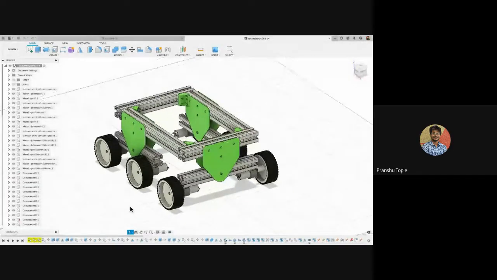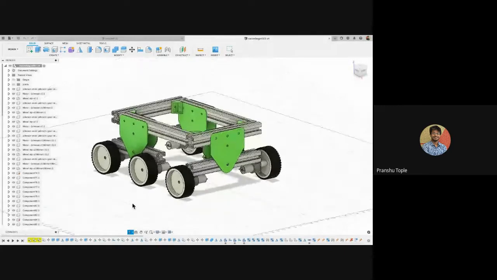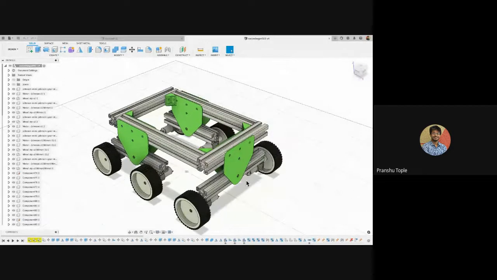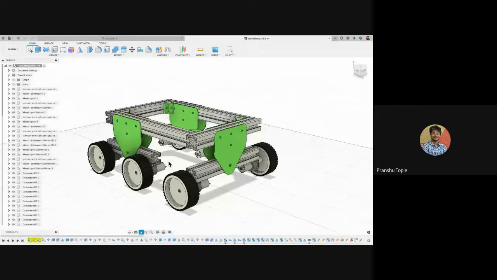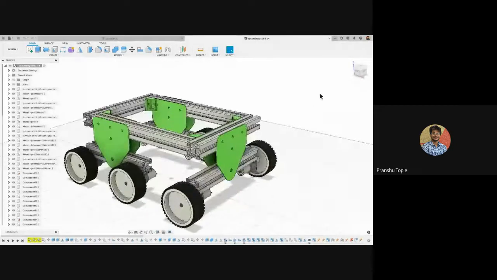So this is a basic rocker bogie mechanism. Now you can see it is in orthographic. You see it like a small toy, but when I change it to perspective mode, you can see it gets a little bit more depth. We can see the lines converging. It looks better. It looks like a real world model right now, instead of just having this very boxy shape. Again, if you want to go to orthographic,